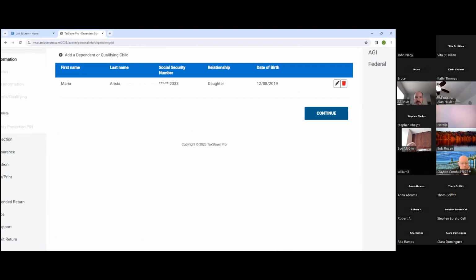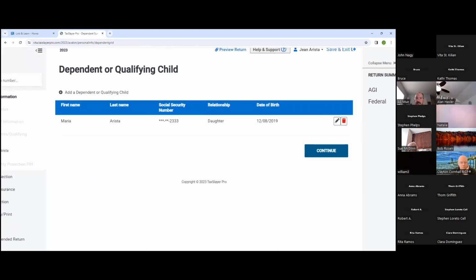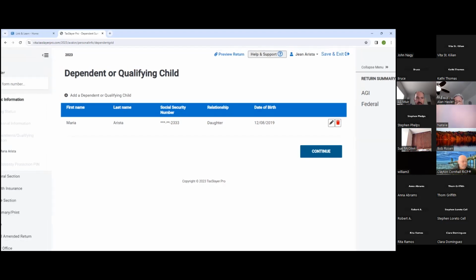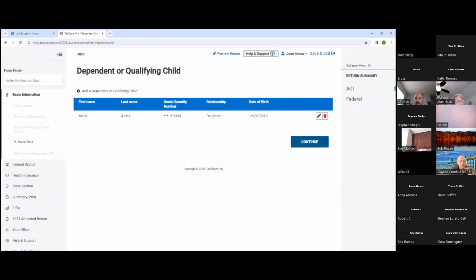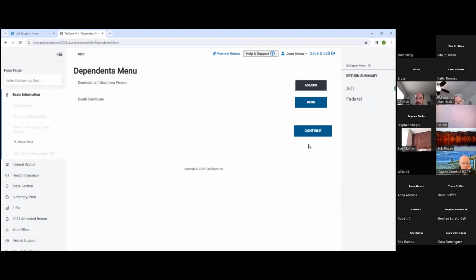And you can see the dashboard. And the dashboard, again, shows that dependent. And if you have to add another one, you'll add another one. Over here, if you remember that red garbage can, if you've garbled the entry sufficiently and you want it to go away, then you'd hit that red garbage can. And then this entry that we have here in the dashboard will go away. If you need to make changes, that's that blue pencil. And I will have to go back and forth on the size of the font, so forgive me.